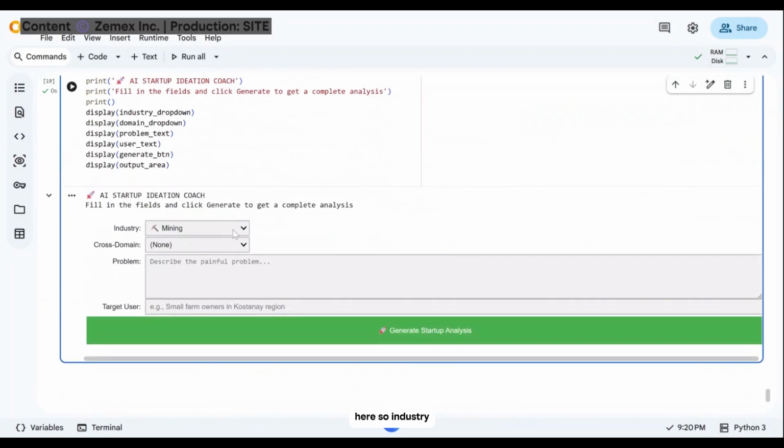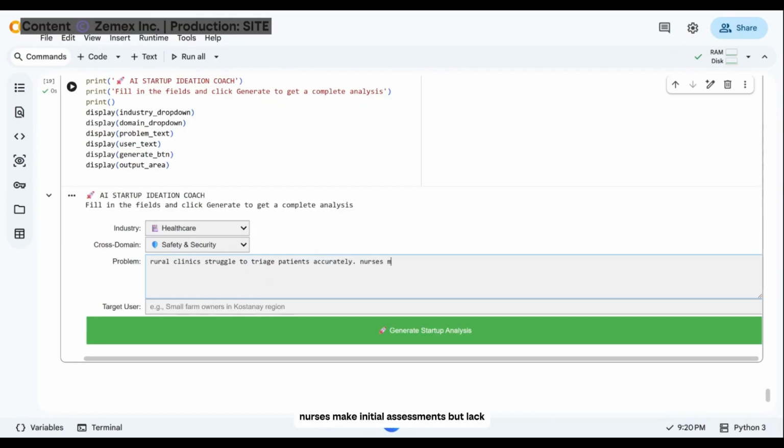Here. So industry, let's try healthcare. Okay. And optional cross domain, let's pick safety and security. Describe the problem. All right. Rural clinics struggle to triage patients accurately. Nurses make initial assessments but lack